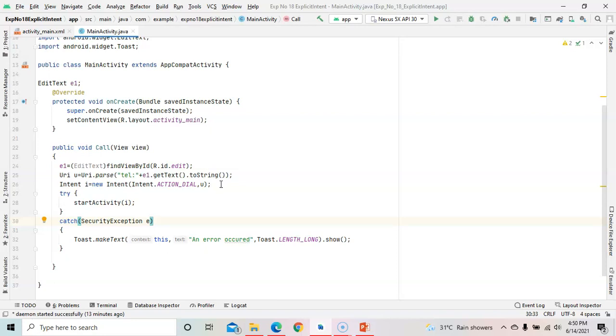So here we have used the class that is URI. URI is a class, Uniform Resource Identifier. U is the object, then Uri.parse. Now here we need to take the number, right? We need to take a number in the object so that when you press on the button, the number will automatically be typed in the phone dialer.